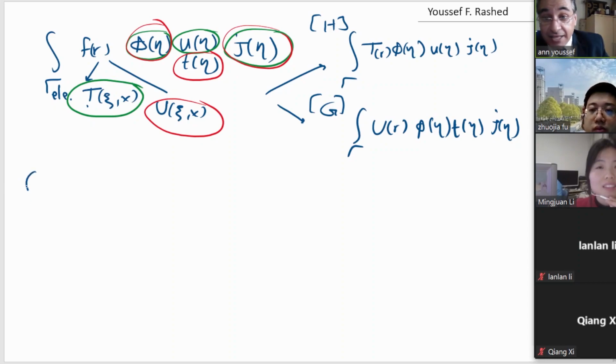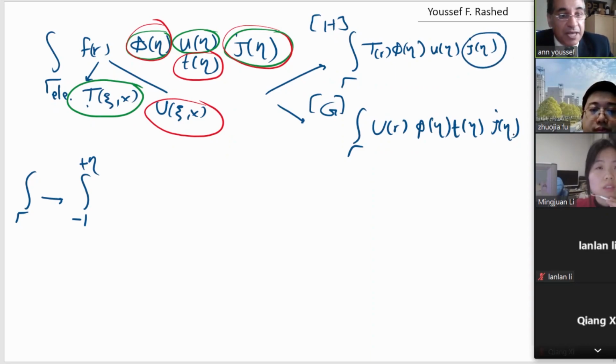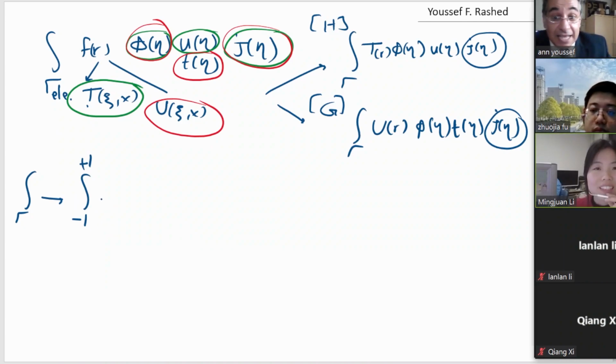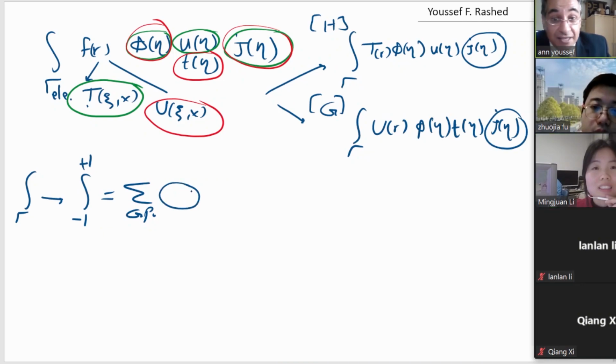Any integral like this, we change it to between eta equal minus 1 and eta equal 1. This is the purpose of the appearance of the Jacobian here. That means this is a summation over Gauss points of the integrand times the weight at Gauss points. So we need to compute phi